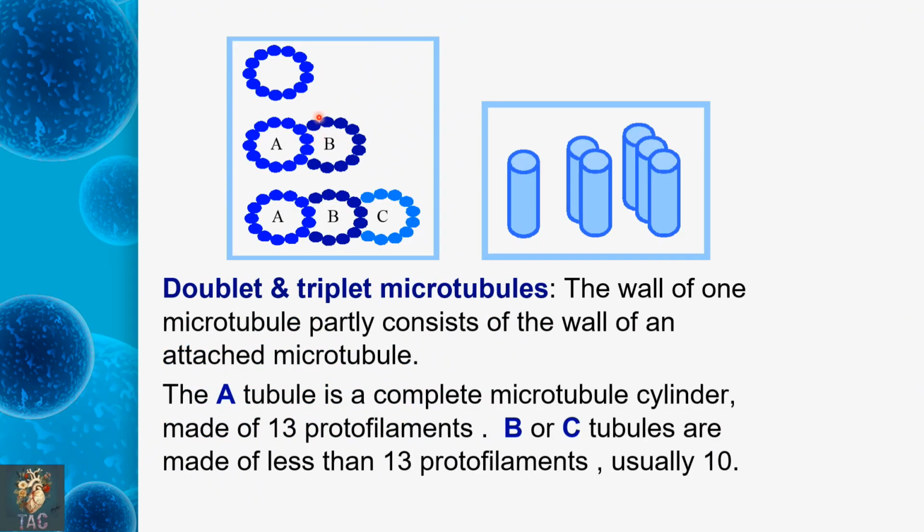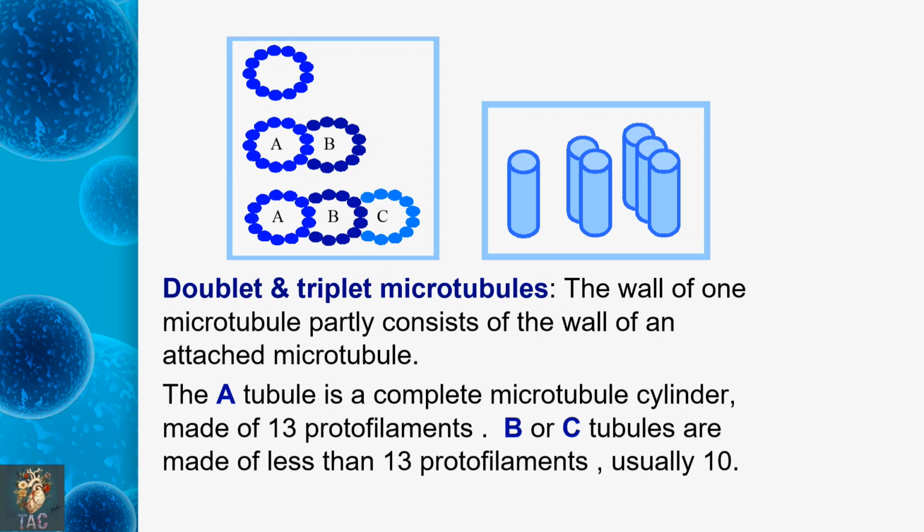Here you can also see the alpha and beta tubulin molecules forming dimeric or trimeric structures, so doublet and triplet microtubules. The wall of one microtubule partly consists of the wall of an attached microtubule. In this you can see the wall of microtubule A is complete, while that of B is incomplete. It is C-shaped and shares this part with the A microtubule. Also, when it is formed by the triplet structure, the three monomers, C is also incomplete, C-shaped, and it also shares a part of B